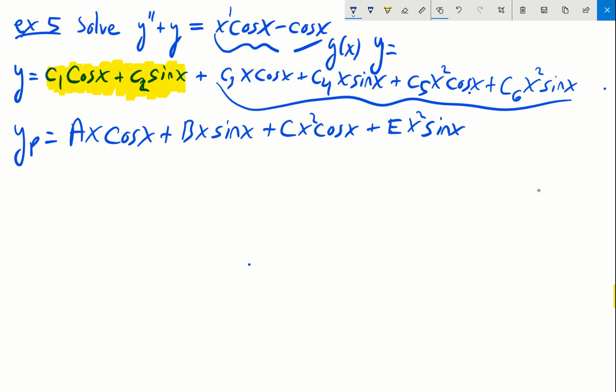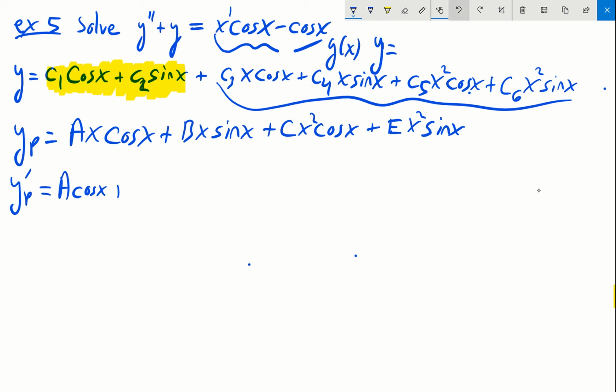So we're going to need the second derivative here. So whole lot of derivatives. Let's go ahead and work that out. Y p prime is going to be equal to, this is going to be a product rule. Tons of product rules coming here. So we're going to get an a cos x